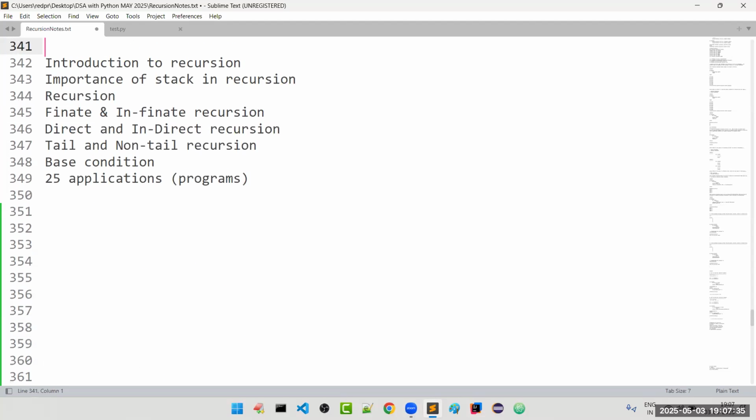In the two days demo session, we have seen why we need to go for recursion, and what the importance of recursion is. Next, how the stack plays a role in recursion. Then what is meant by finite recursion and infinite recursion. We also discussed direct and indirect recursion, and very important, tail recursion and non-tail recursion. So can anyone describe what is meant by tail recursion